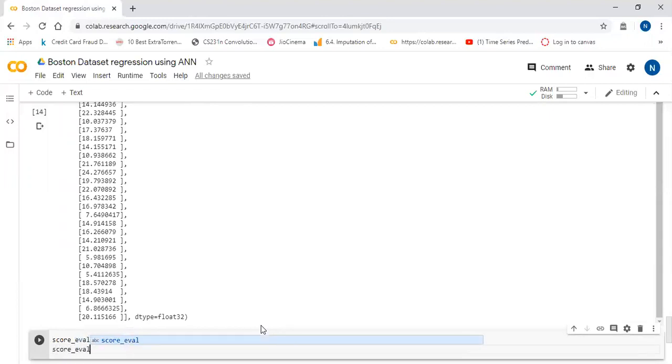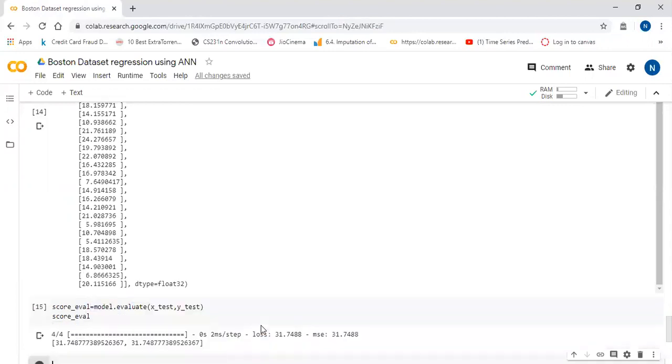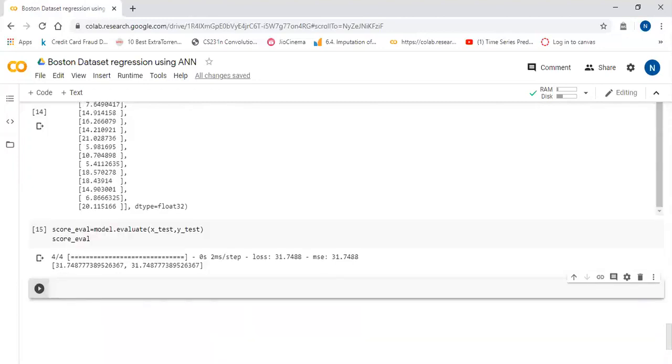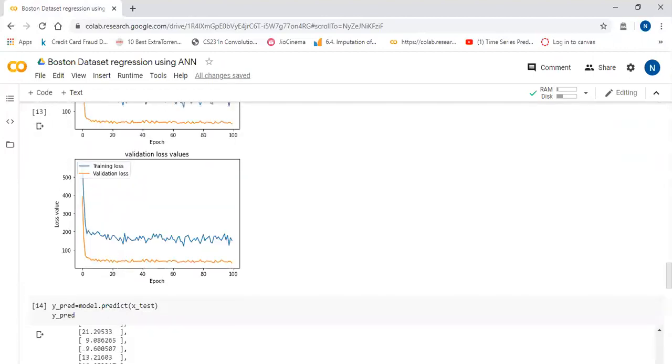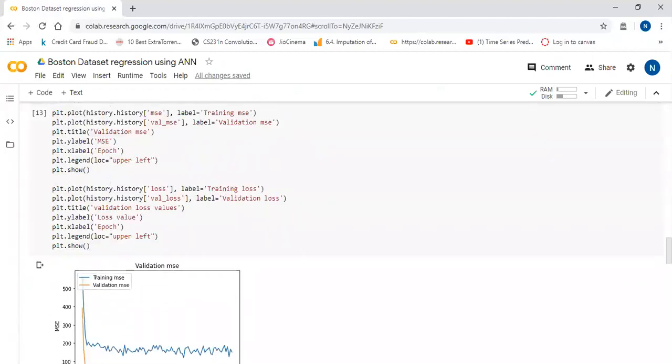Now you can see on testing we have received a 31.74 mean squared error. You can train our model more and there will be less mean squared error. Our model will improve. So that's it for solving the linear regression problem.